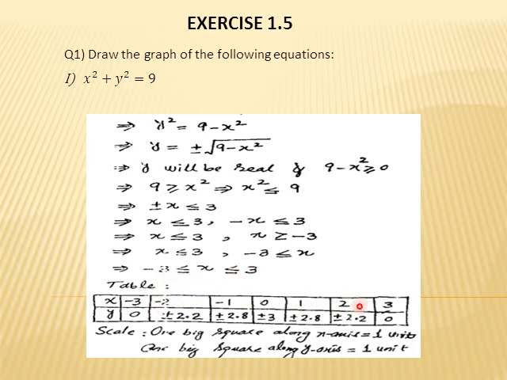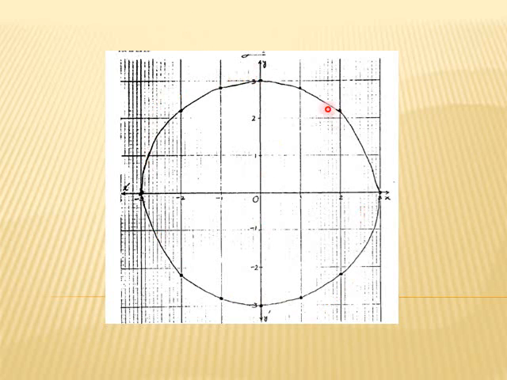So minus 3 to 3 is the domain value, and you can see the range value. If I put minus 3 here, what is the answer? And then minus 2, if I put it here, the same, plus minus 2.2, minus 1 and so on. For the scaling, one big square along the x-axis is 1 unit. You have learned from matriculation how to make the graph. And this is the circle we draw from the previous table. You can see 3 to minus 3 on the x-axis and the answer in the shape of a circle.